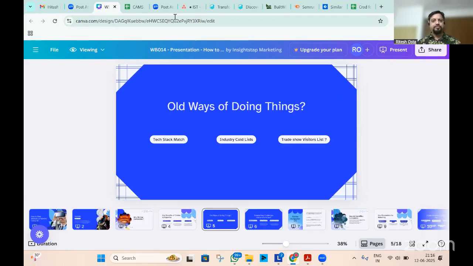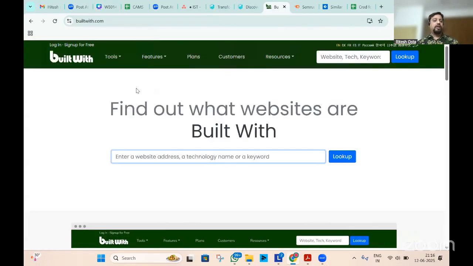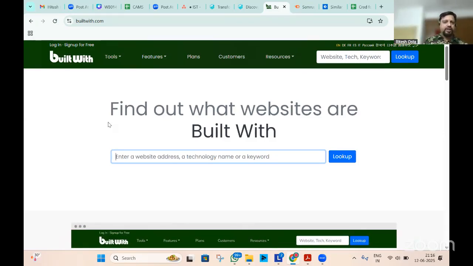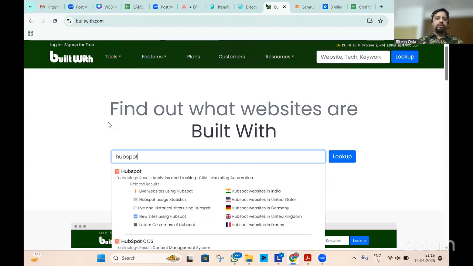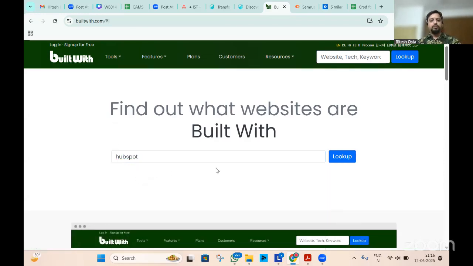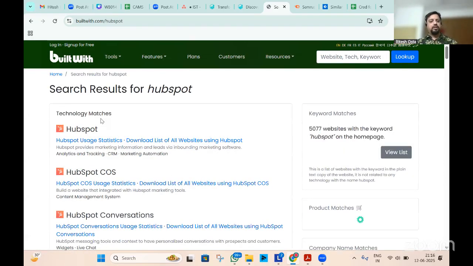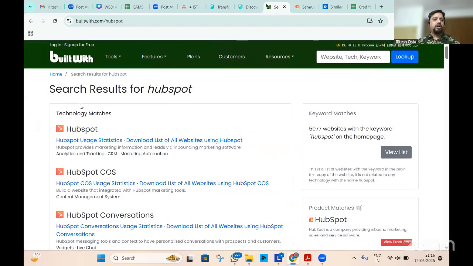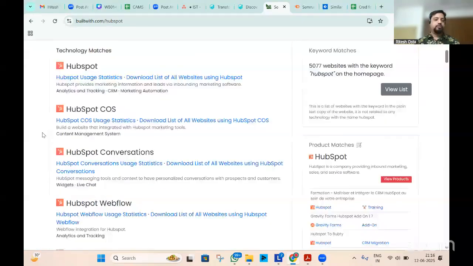For example, with respect to tech stack, you can use something like BuiltWith or Wappalyzer. There are many tools out there. Even Apollo has a very good built-in tech stack feature in it. Say, for example, if you want all the companies using HubSpot, you just put HubSpot and do the lookup, and you'll be able to find all the companies using HubSpot.